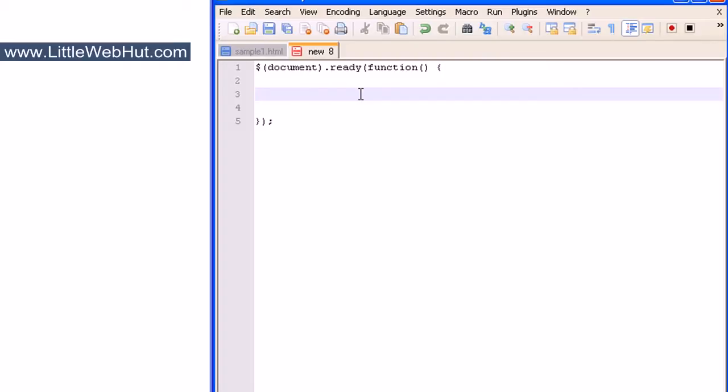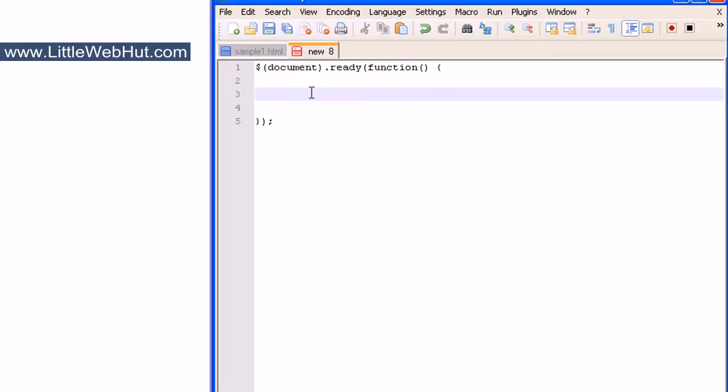So this is a template that we can use for just about all of our JavaScript programming. And this is a jQuery function that tells our code when to run. So all of the code that we put in the center here will run as soon as our HTML page is done loading. If we didn't use this function here, our JavaScript code could start running before our HTML page completely loads, and then it wouldn't work properly. So by using this function, we can ensure that our HTML code has completely loaded before we start running the